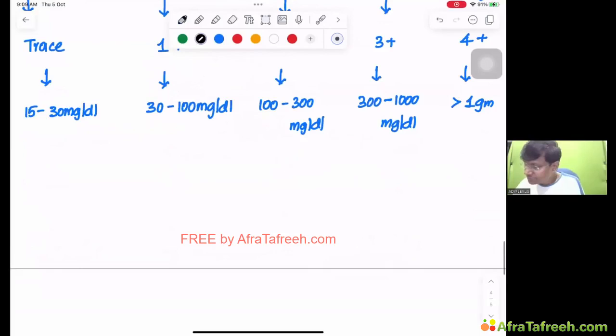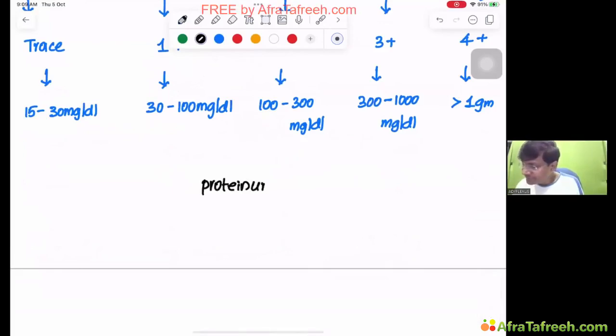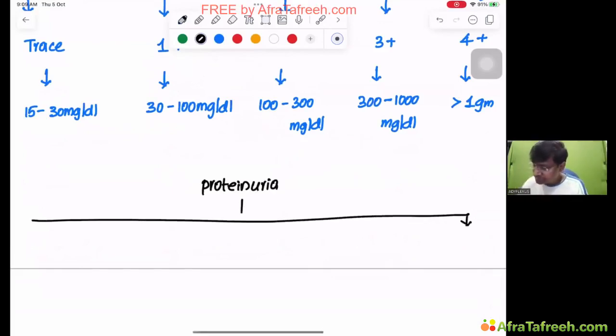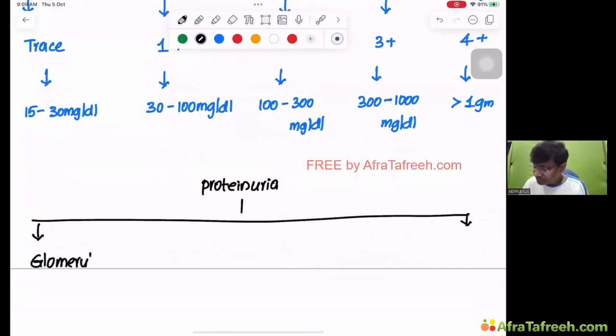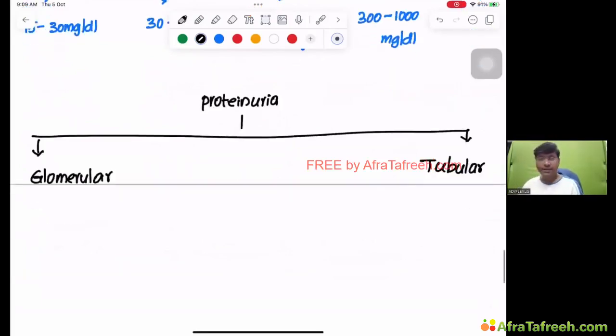Now, if you take this proteinuria, we also classify it as glomerular proteinuria and as well as tubular proteinuria. First point is, what exactly is glomerular and what is tubular? I'll tell you. But you need to know, normally